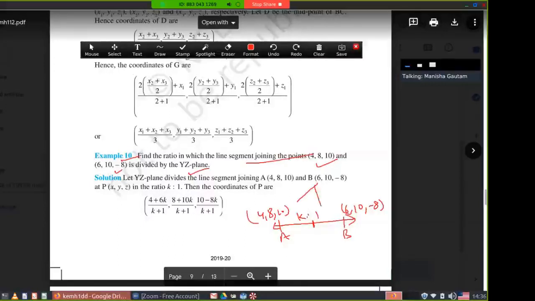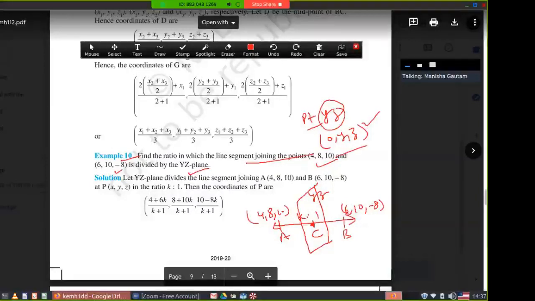It means what? This is the plane, suppose, where this line cuts the plane. If any point is lying in the YZ plane, what type of coordinates will it have? 0, y, z. You must know this in this question, then you can solve it. So this C is a point which is lying on this line as well as in the plane. If it is in the YZ plane, then the coordinates will be 0, y, z.